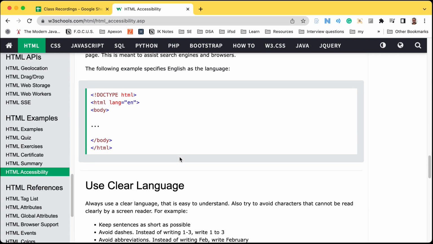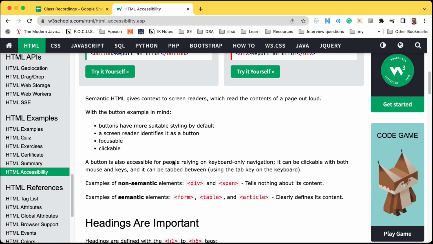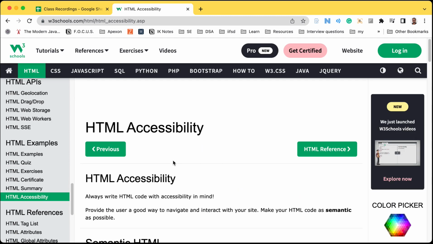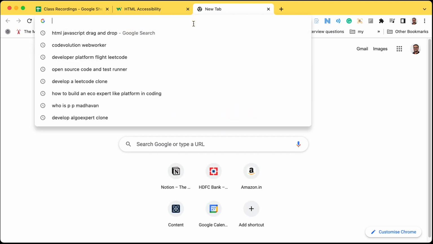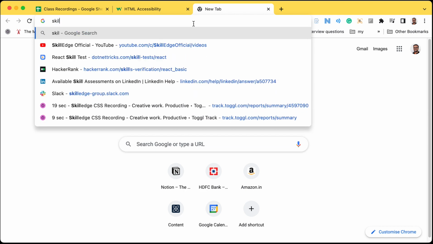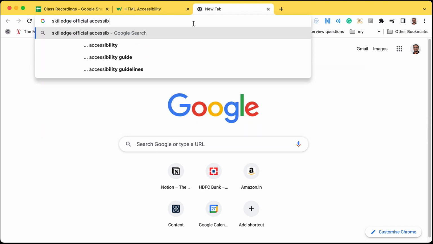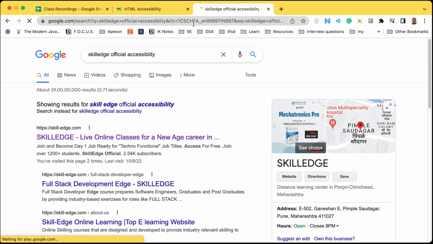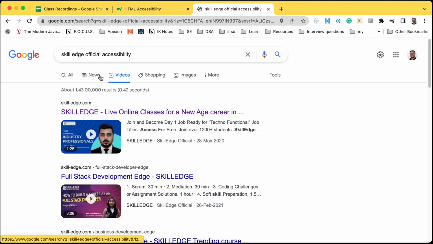Really nicely go through the accessibility, and also do a little bit of Googling around what is web accessibility. And there is a master class for Skill Edge on accessibility. Very important. So just search for Skill Edge official accessibility. And if you go to videos,